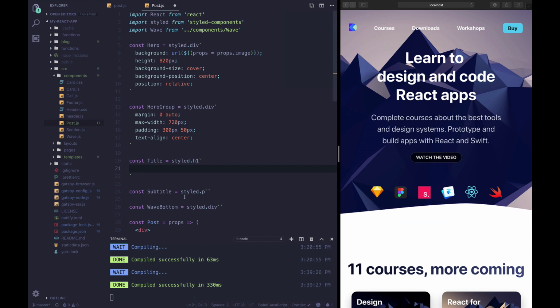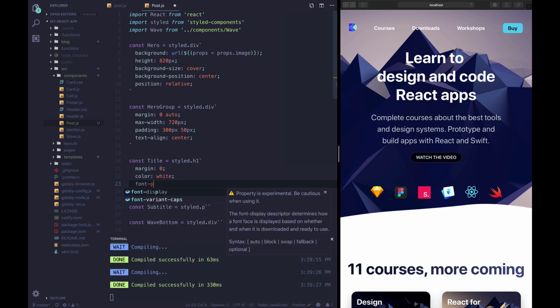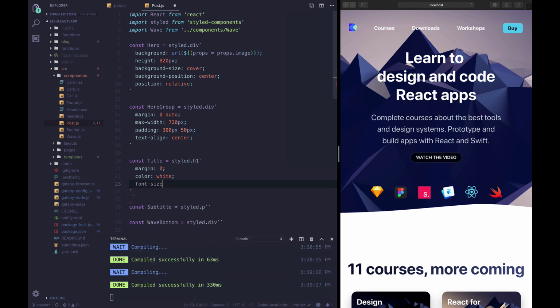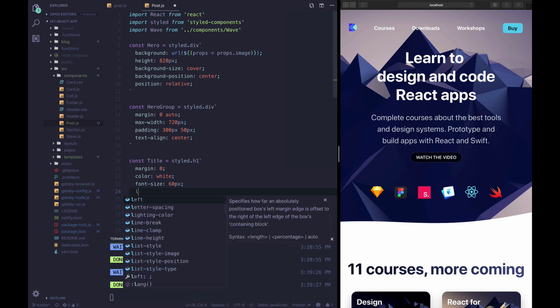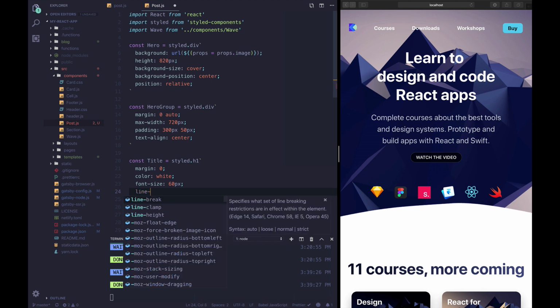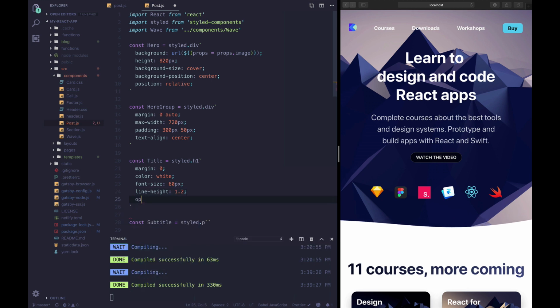Our H1 is gonna have a margin of 0, color white, font-size of 60 pixels, line-height is gonna be 1.2, opacity is gonna be 0,